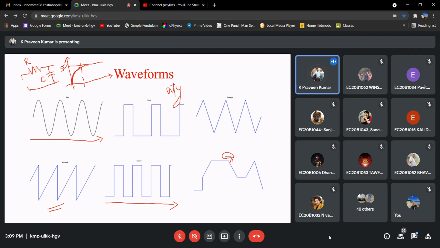This is what we call the transient response. And once it is fully charged, the change will be very, very small. This is what we call the steady state. So this is the steady state response, and this is the transient response, right? This is the basic idea.